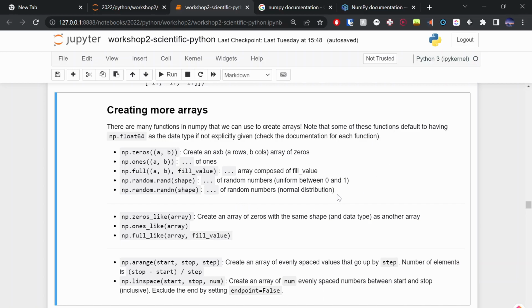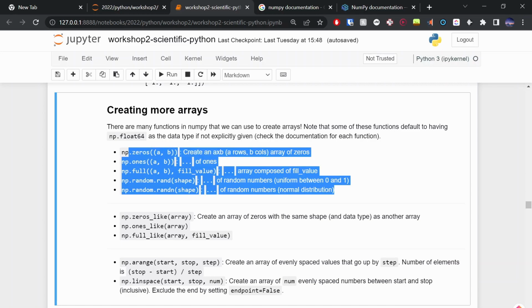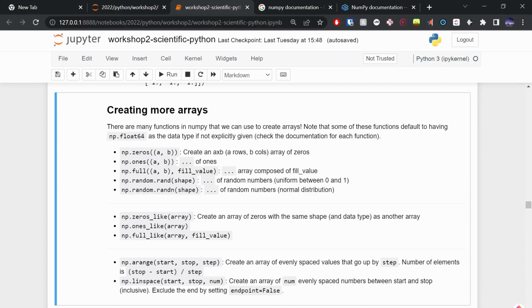So those are our main ways of instantiating arrays. We can also instantiate arrays without having to give the shape. So if we do zeros_like and then feed an array into it, basically what NumPy will do is look at the array that we passed into it, and ask two questions. What is the shape of this array, and what is the data type of this array? And then it'll create a new array with that exact same shape, with that exact same data type,